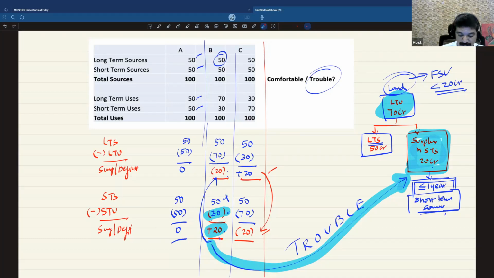Look, understand. If this business is not in a position to pay this 20 crore, let's say they are able to sell the land and get only 15 crore, it means another 5 crore will still be pending. And whoever has given this money, to recover that 5 crore, they will go to any extreme legally. That could be the kind of consequence that can arise when funds are used like this, and that will get revealed easily in the fund flow statement.